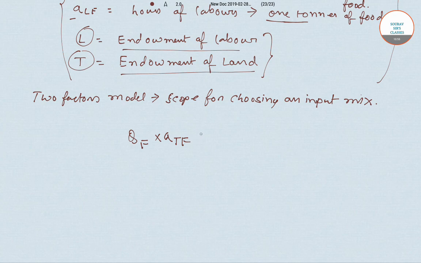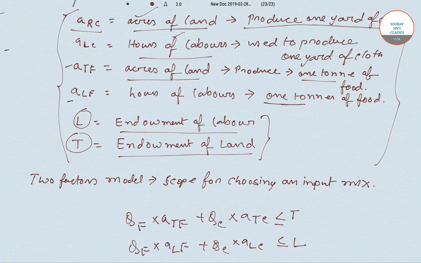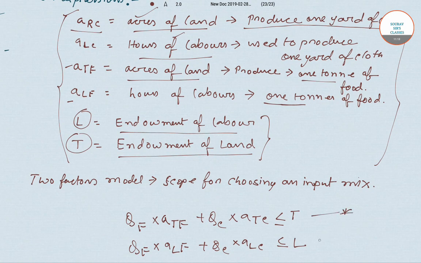QF into ATF plus QC into ATC must be less than equals to T, and QF into ALF plus QC into ALC must be less than equals to L. So we have got it from what equation? We have found it from this,